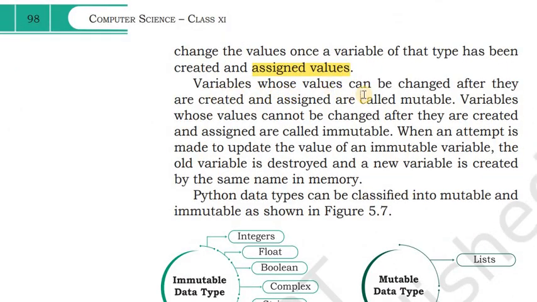Variables whose value can be changed after they are created and assigned are called mutable. So mutable is a special variable whose value you can change after assignment. Variables whose values cannot be changed after they are created and assigned are called immutable. So note it down.